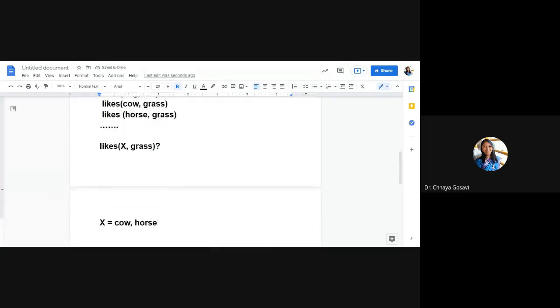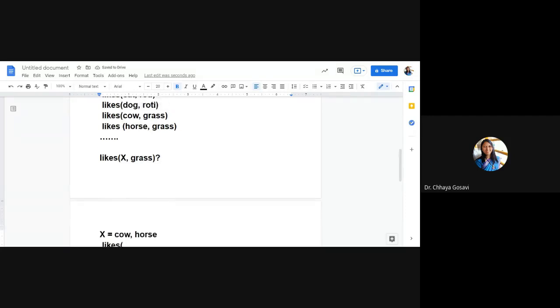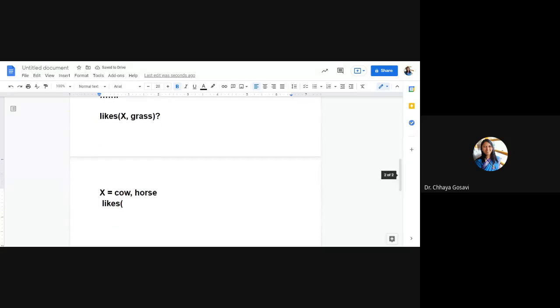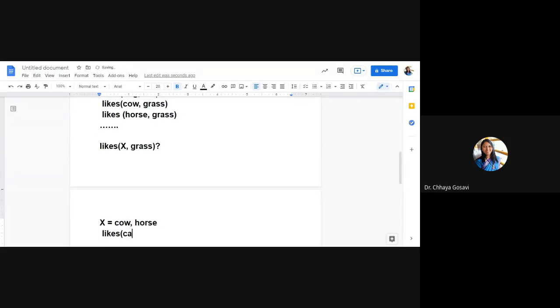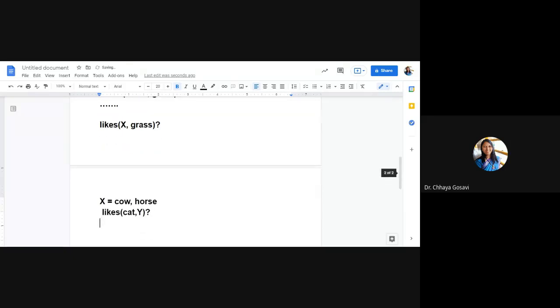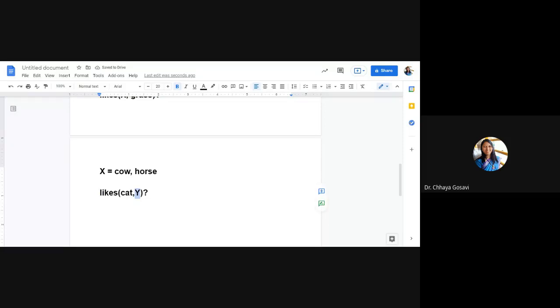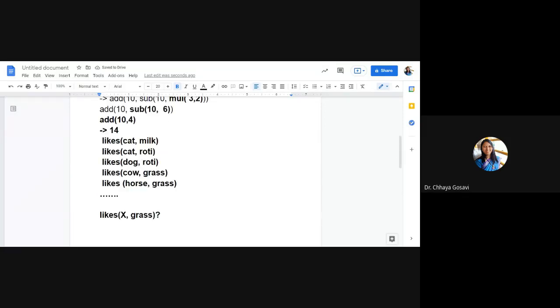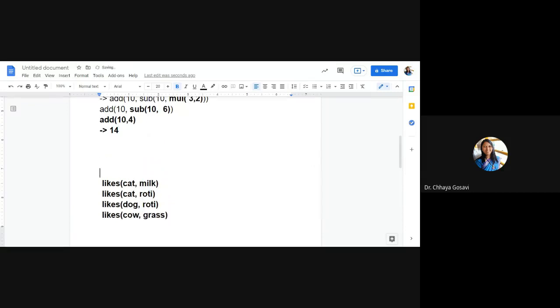And suppose we want to know what cat likes. This can be a query: cat likes what. So the value of y will be roti and milk. This is a very simple example of Prolog.